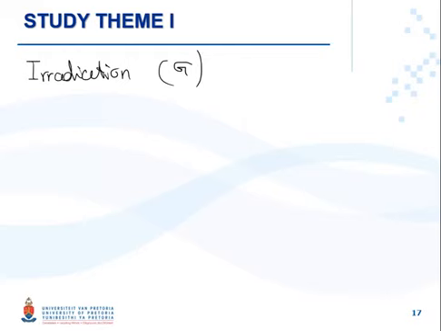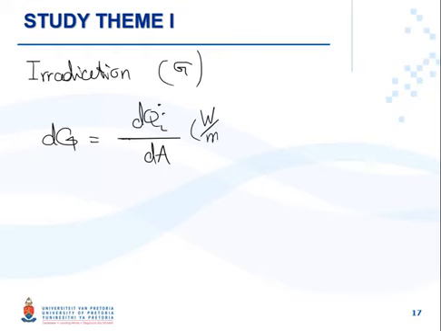Irradiation can be defined as the radiation flux incident on a surface from all directions per unit area of the incident surface. So basically we can define it as dq dot I divided by dA, in watt per square meter. If we put it into the mean direction as well as implement the differential solid angle, which is sine theta d theta d phi, we will have differential irradiation is equal to I,